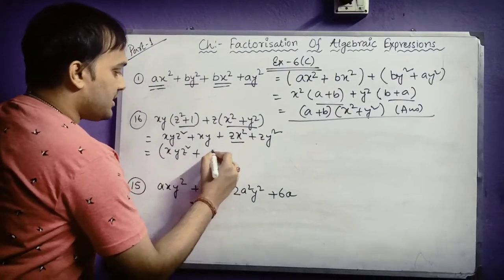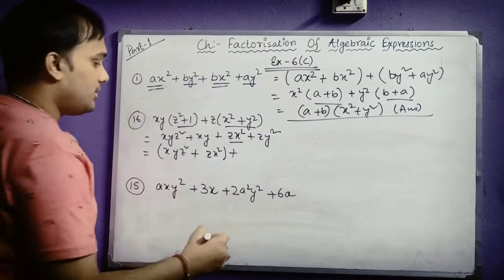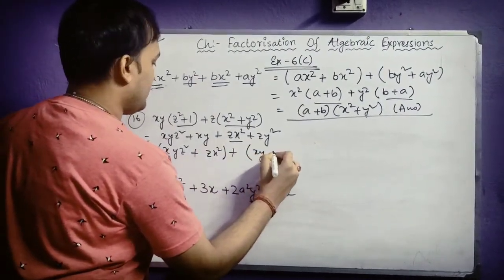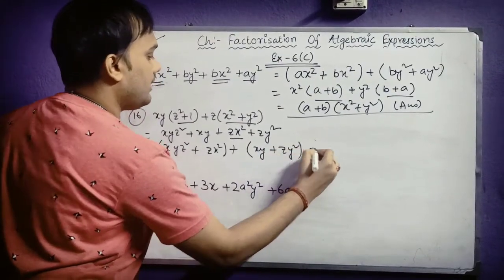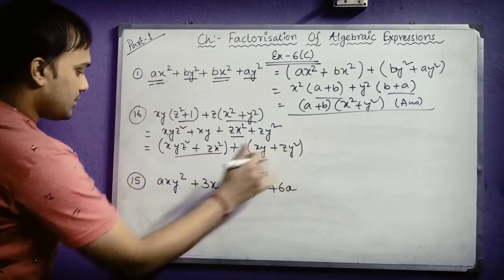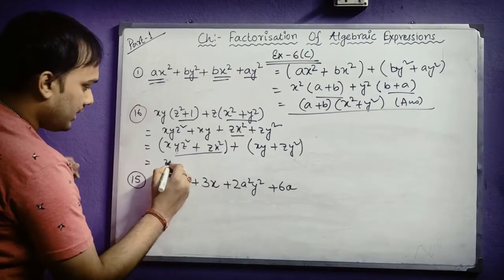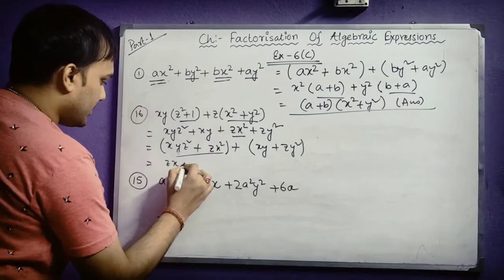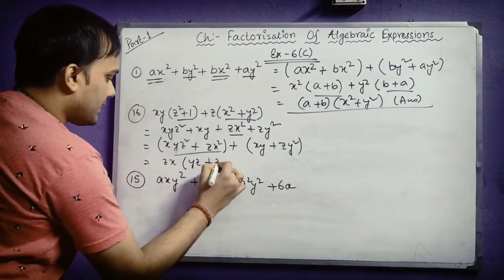So I'm just taking this one, zx square. Let me see what comes next. So it will be here xy plus zy square. Okay, so what will it be? If I take from these 2, let me solve it here. From these 2, what are the things common? Z is common and one x is common. As you can see, z and x are common. So it will be yz plus only x remains here.